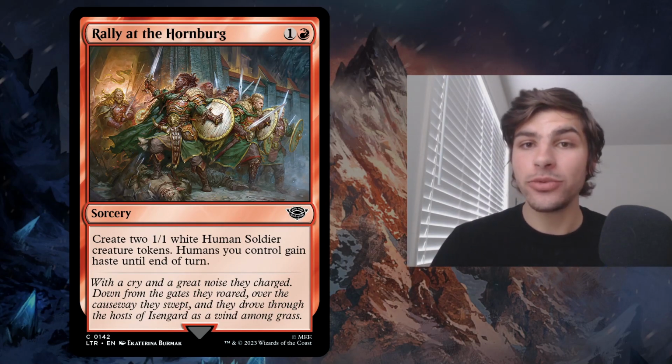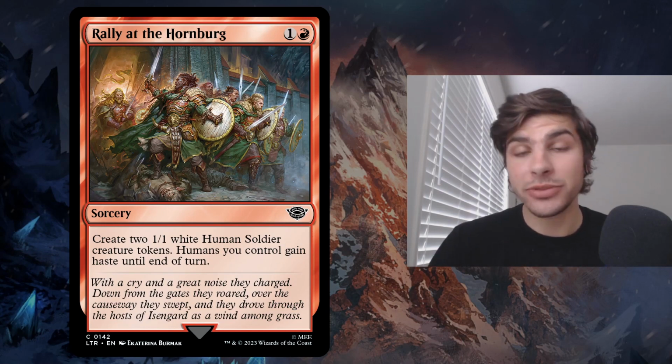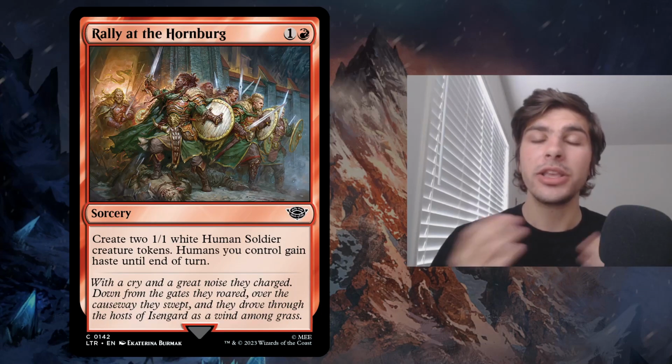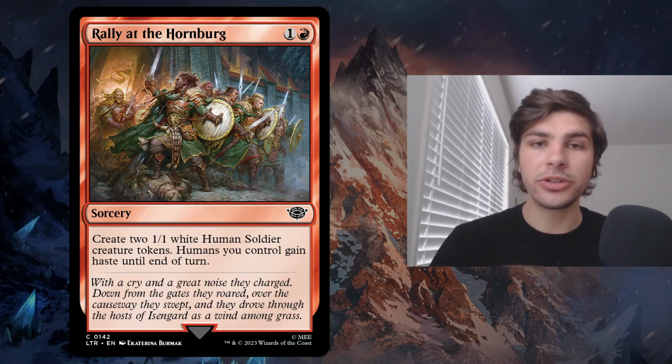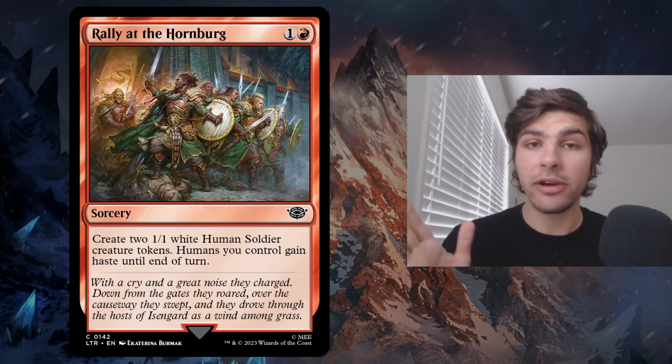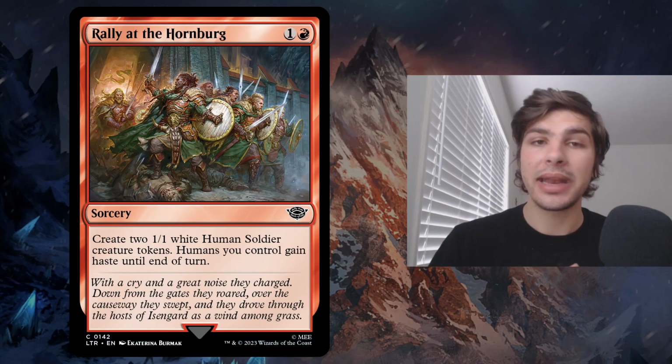So this card, just making two 1/1s for one card, is oftentimes really quite nice. And if you have a token strategy, or sometimes even an equipment strategy, this is the sort of card that you're going to be looking for, because you want to have creatures that can wield equipment or creatures that can be part of your go-wide strategy. And this is just the sort of card that is oftentimes a staple in limited formats and has historically been